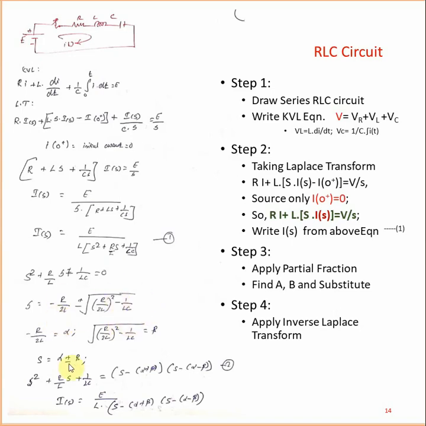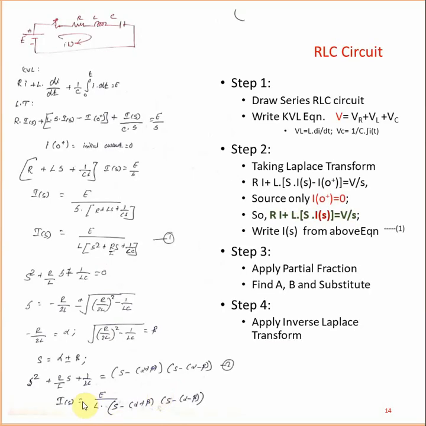You can substitute it, find out the alpha value and beta value, and substitute into the formula. This is an equation. Got it, alpha value and beta value. Then what you can substitute: S minus alpha plus beta into S minus alpha minus beta. Then this is the answer to replace into these terms. That's all. So I am going to resubstitute it.